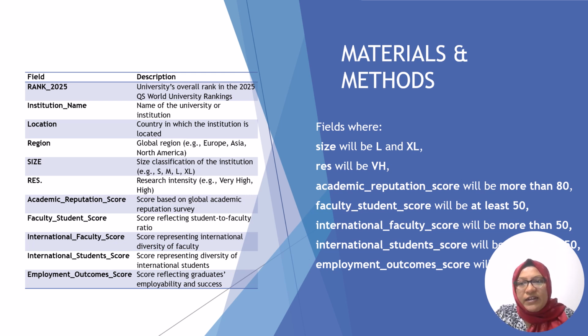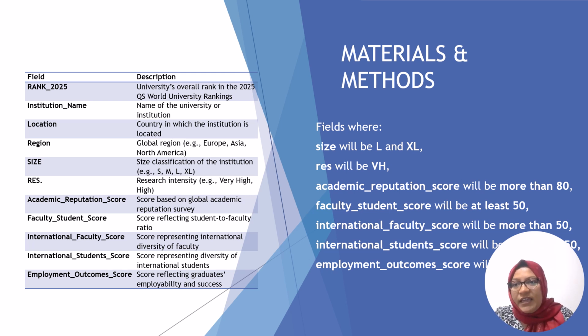There are lots of fields included in the dataset. However, some important ones are the rank in 2025 and 2024, which is the overall rank according to the QS World University Rankings, the institution's name, their country, the global region like Europe, Asia, or North America, the size of the institution, which is classified as small, medium, large, or extra large, the research intensity of the institution, for example, high or very high,